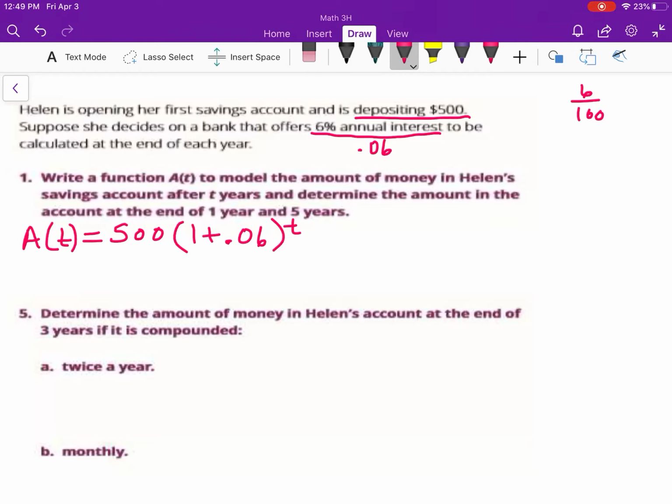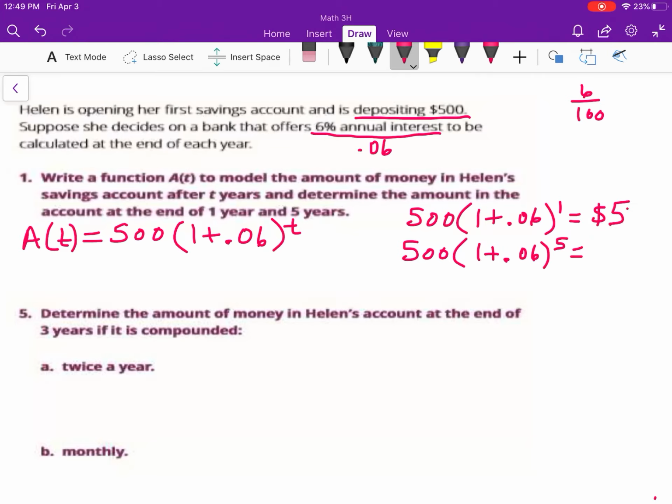So then if we're looking at the amount of money at the end of 1 year and 5 years, we simply put in 500 times 1 plus 0.06 to the 1, or 500 times 1 plus 0.06, 5 years would be to the 5. Figure those answers out on your calculator. After 1 year, she'd have $530. It's pretty decent. At the end of 5 years, she has, pending that this is rounding properly,